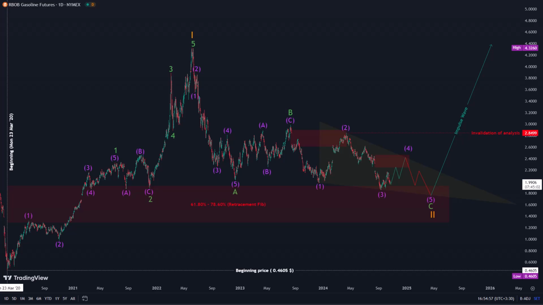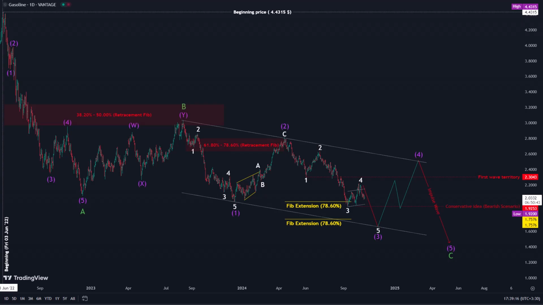The second wave is likely to conform to a classic zigzag pattern, in which wave A functions as an impulse, wave B is characterized by a simple zigzag, and wave C culminates in a trailing diagonal formation. Consequently, upon the conclusion of this corrective pattern, it is anticipated that the market will enter a new cycle within this upward trajectory.